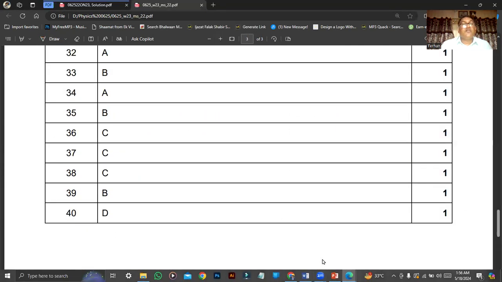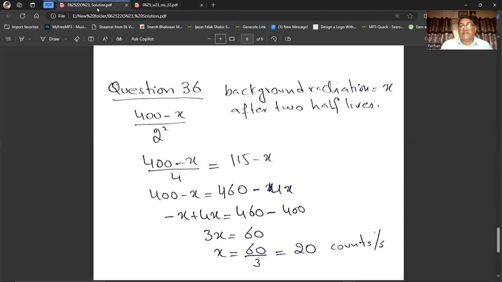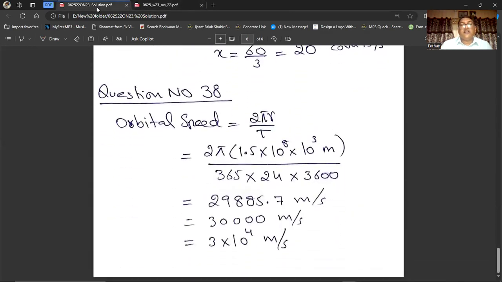That is 2πr divided by t. Because the radius is given in kilometers, I will convert it into meters, and because the time is given in days, I will convert that into seconds. So the orbital speed will be equal to 2 × π × 1.5 × 10^8 × 10^3 divided by 365 divided by 24 divided by 3600. When you do this in your calculator, you will get